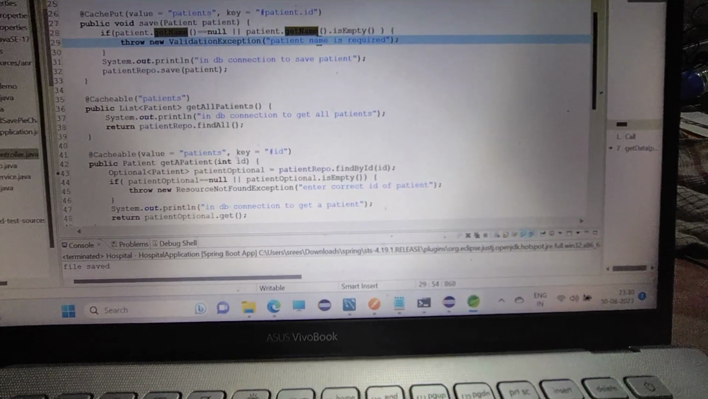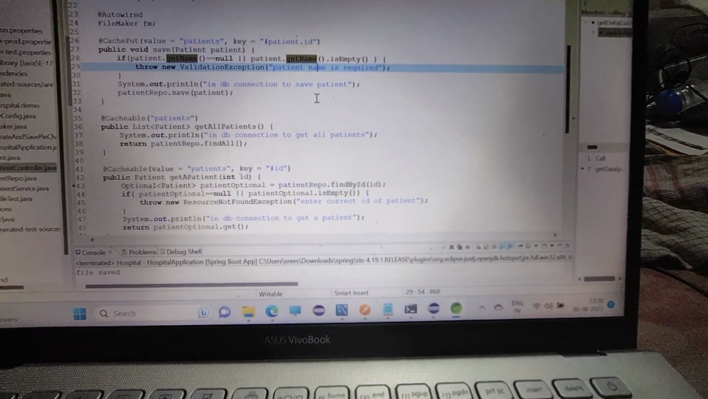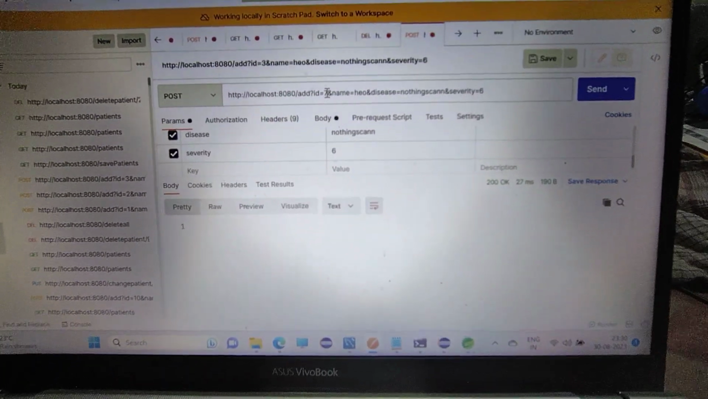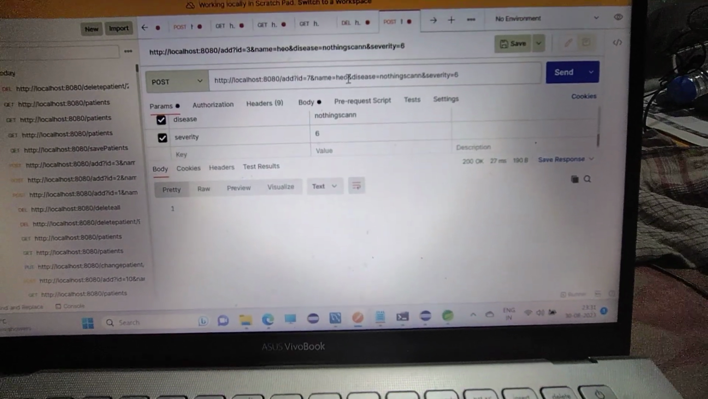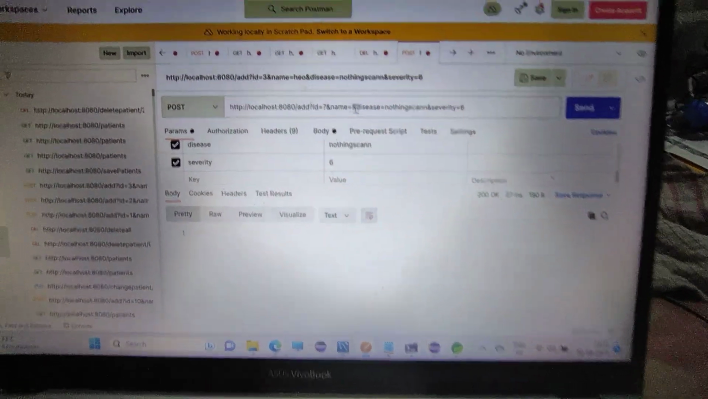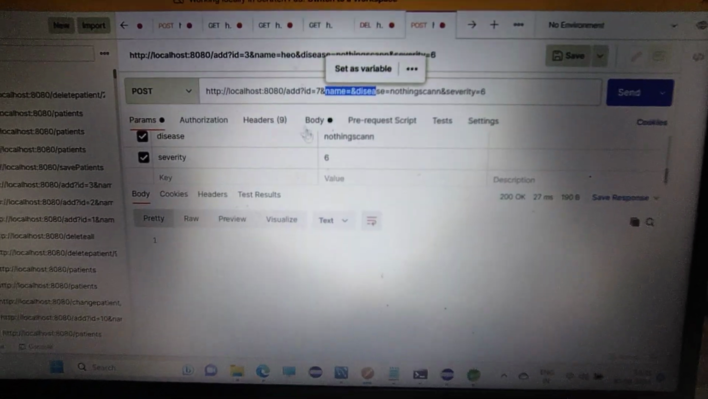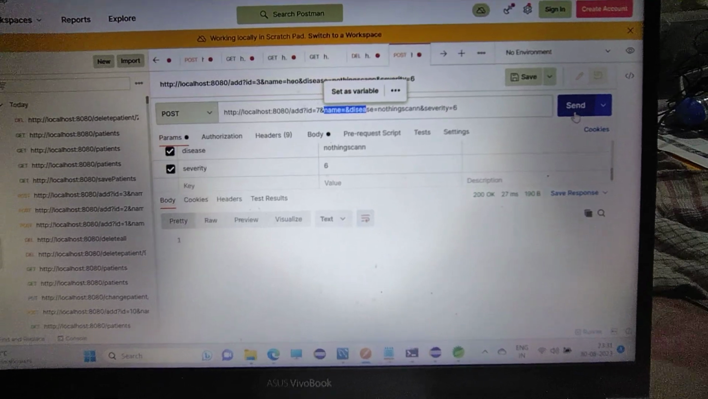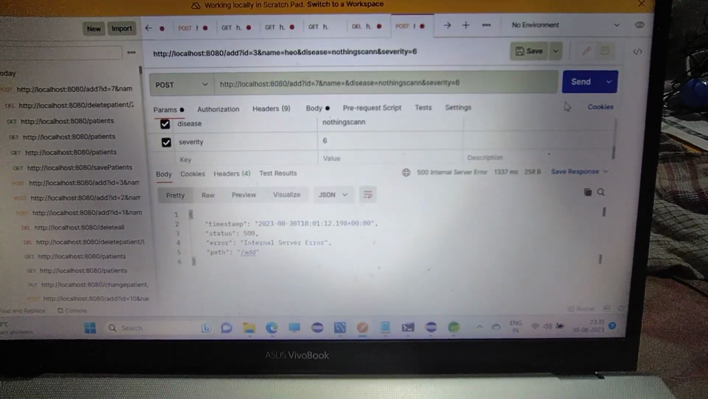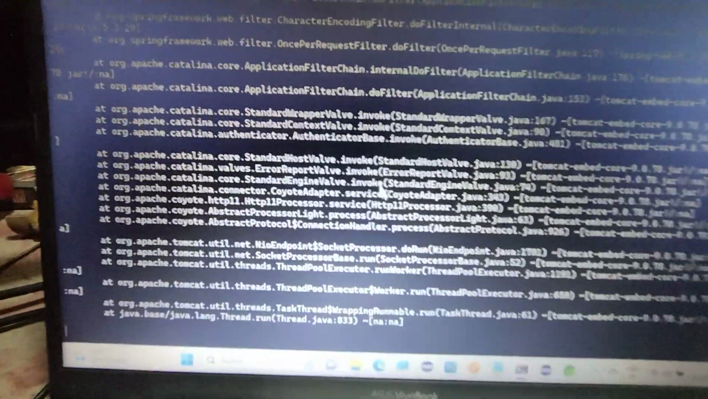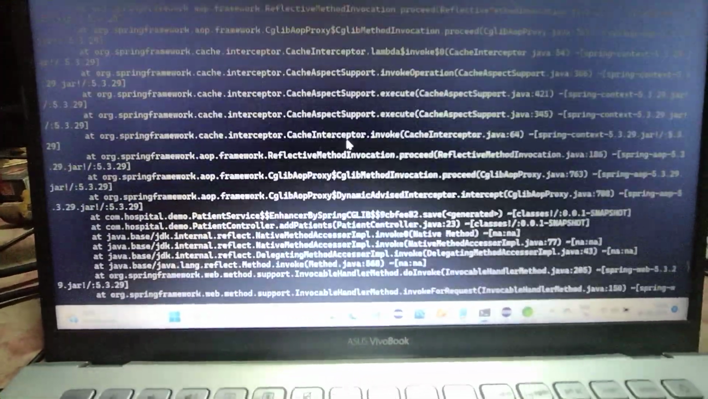So if we go to this demo, I'll give some ID, say 7, in Postman, and name I'll not give anything. Can you see this URL? Name I have not given anything. Some ID has been given, and if I send, there is an error, a 500 error. So what is the error? If you go to this error, here we can see the patient name is required,